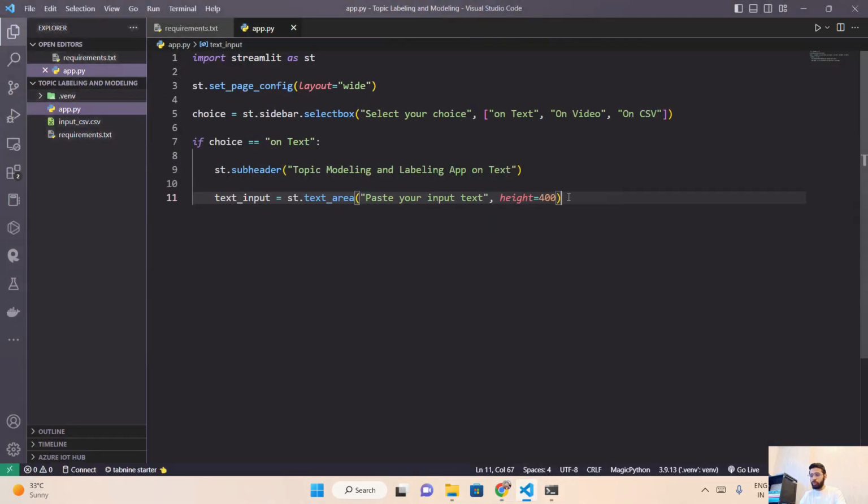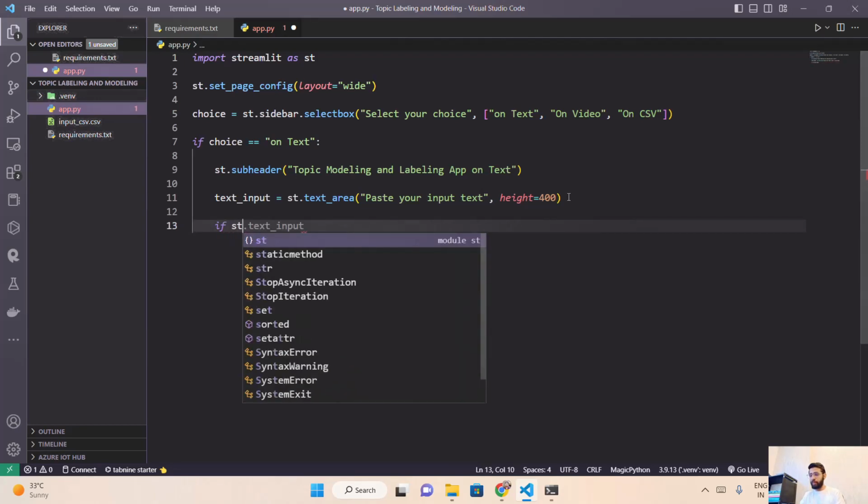Let's go back to VS Code. Now the first thing that we have to do is take this input and present it on the UI for better understanding, right? So this is what we are going to do. The first thing is I'm going to say if text input, or let's do one thing. Let's create a button here. So I'm going to say if st.button,